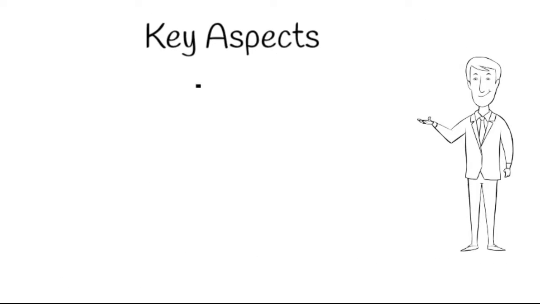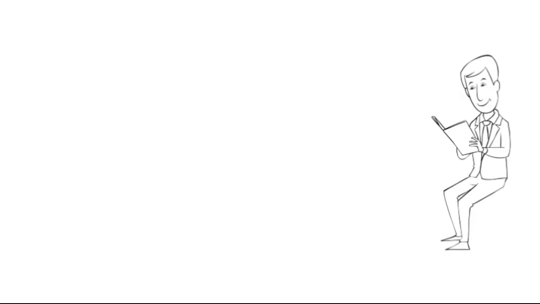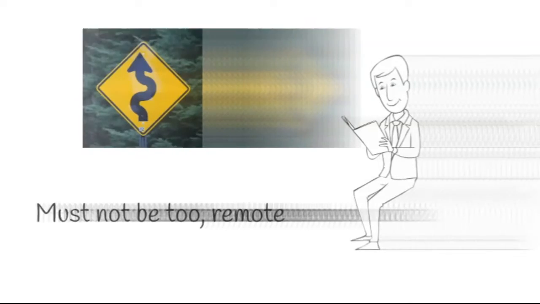One of the key aspects here is to determine the criminal liability for killing another human being. This comes under the chapter and concept of principle of liability for killing. It is so said that for criminal liability to be direct and distinct, the causal connection between the act and the death, though not necessarily immediate, must not be remote. To drill this further down, 3 conditions are being referred to.